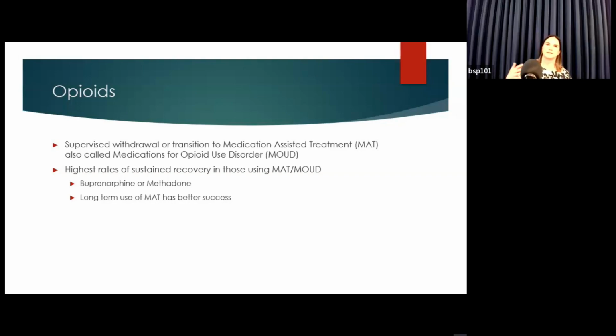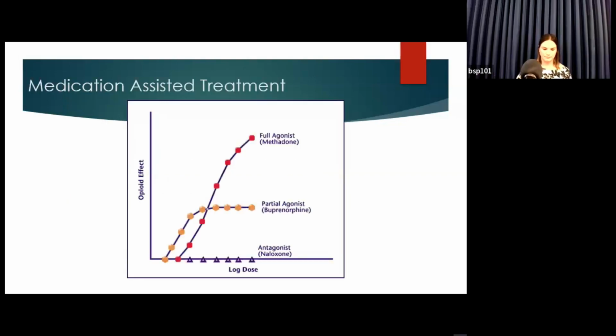Well, the reality is your brain is chemically dependent, even if you don't want it to be. So really what we need to do is try to get them to the point where they want to be on those medicines. But if not, we can supervise their withdrawal and either put them on a blocker like naltrexone, or we can try to just help them with social supports. But hopefully you'll be able to counsel your patients and have them be open to our medications.